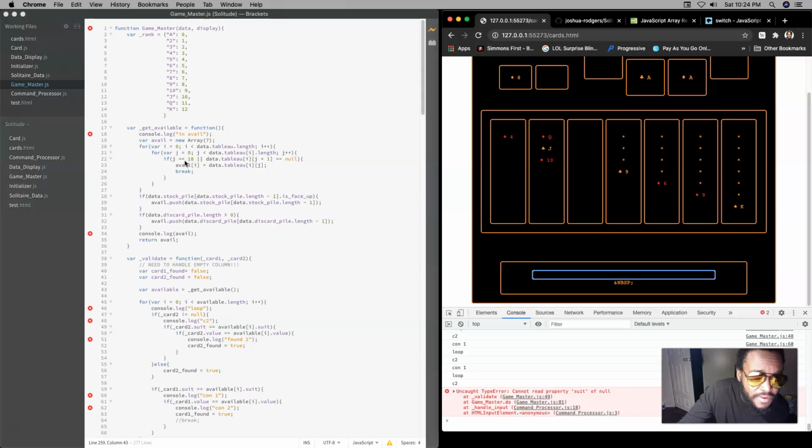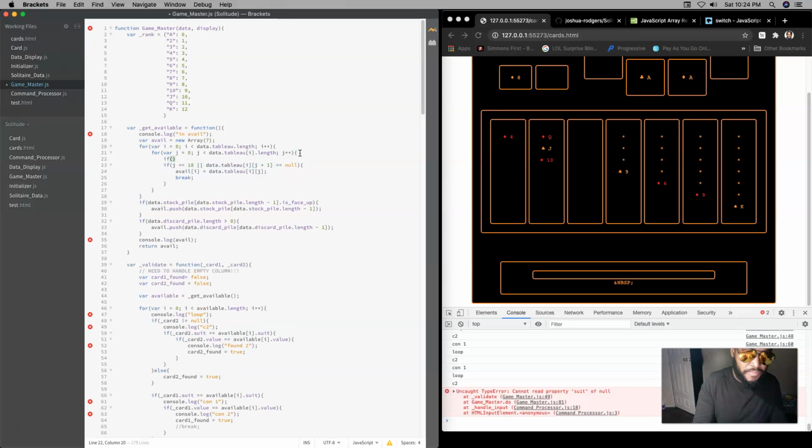This is saying if j is 18 or the next thing is null. So what happens? It puts a null here. So what I would need to do is say, if... this is rough, if j is 0,